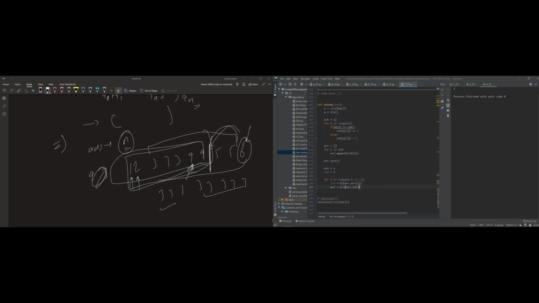So I need to remove ind plus my remaining. It's not the remaining, it's like,